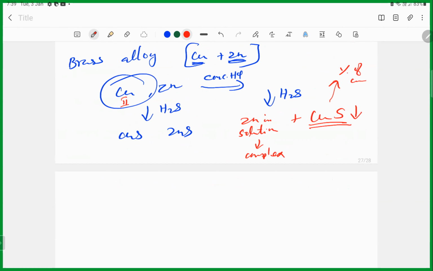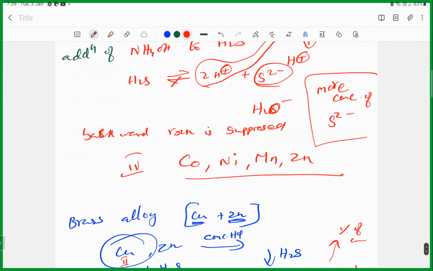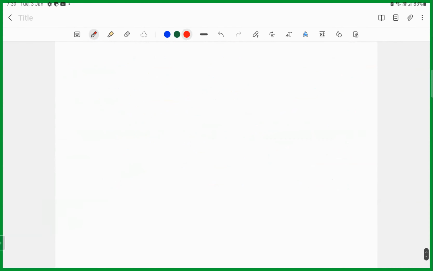So when applying a common ion effect, the same H2S dissociates in two different ways. So what do we say? When there is suppression of ionization of a weak electrolyte, the electrolyte may be acid or base, the equilibrium shifts. So this is known as common ion effect. Where it will be useful: purification of common salt by passing HCl gas into saturated solution of NaCl, and soap is precipitated by adding NaCl. These are the places where you can separate